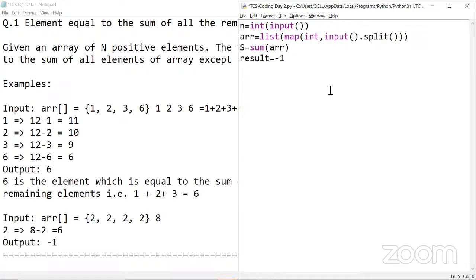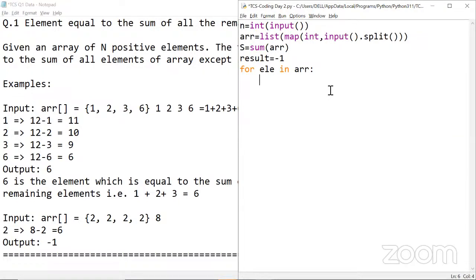Next, we are going to access the elements. For element in this array, as per our logic, we subtract the value of the current element from the sum and check whether the difference matches the current element or not.